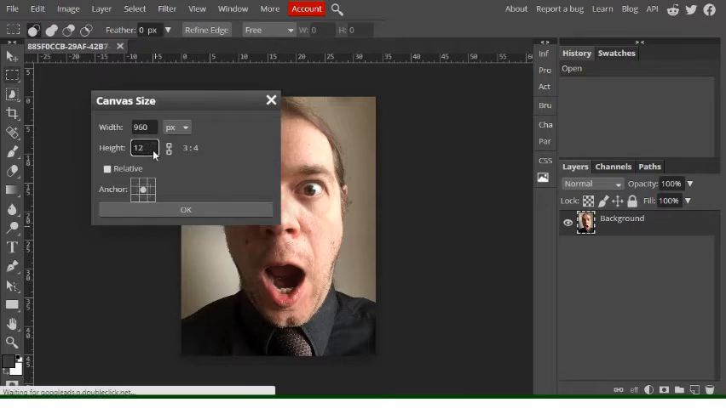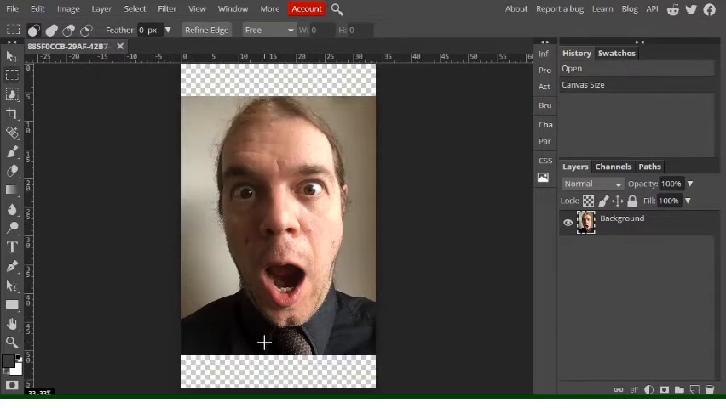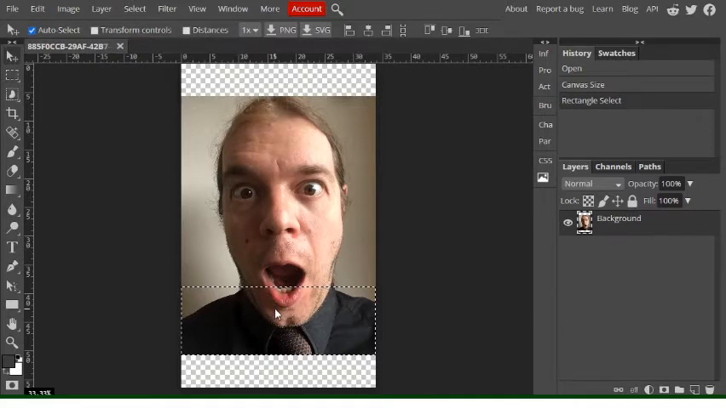So if I change that up to there, you'll notice that I get some space at the top and some space at the bottom. First of all, I'm going to section off my work a little bit. I'm going to take the part of the mouth down. So I'm selecting that, making sure I'm still on that layer, pulling that down,